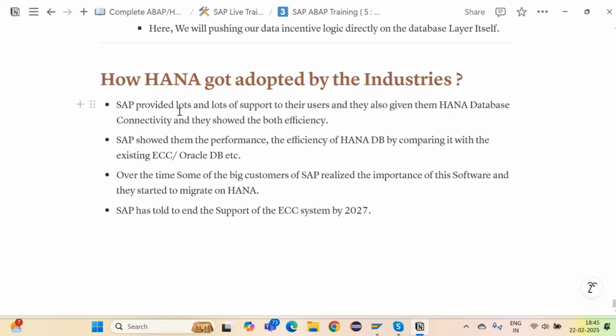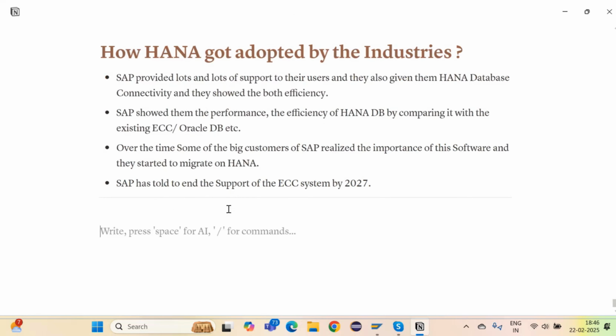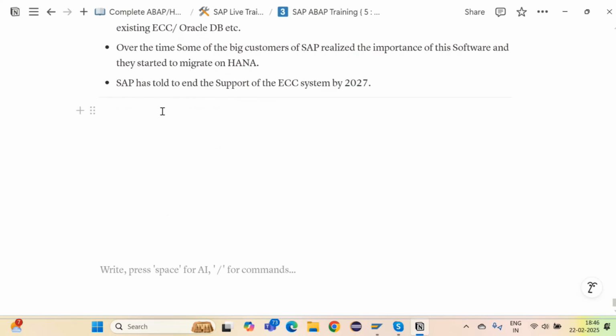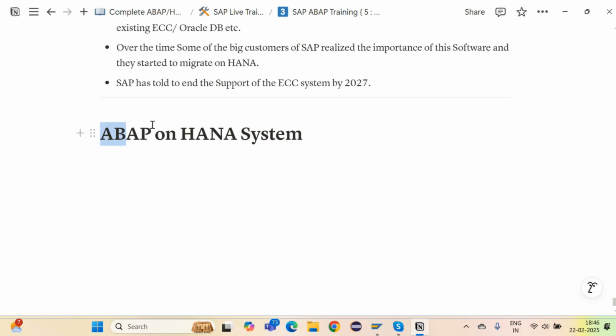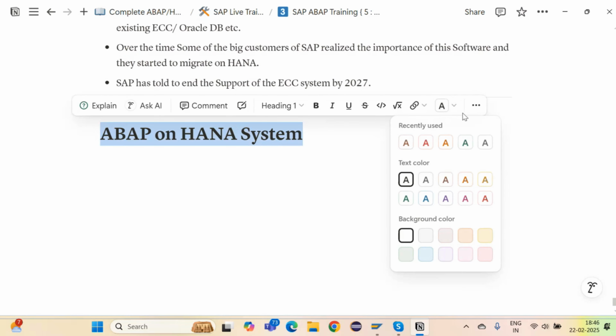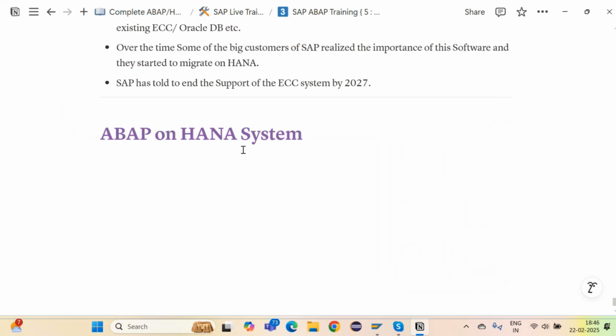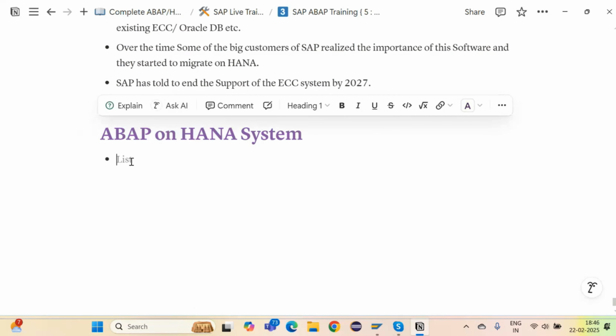Now let's understand what ABAP on HANA is all about. So let's try to understand that part. ABAP on HANA system. I believe it is pretty clear what HANA is, what its features are, what the code-to-data paradigm is, what column store and row store are. All of these things are clear. So if I talk about this ABAP on HANA system, what you will see is SAP launched their